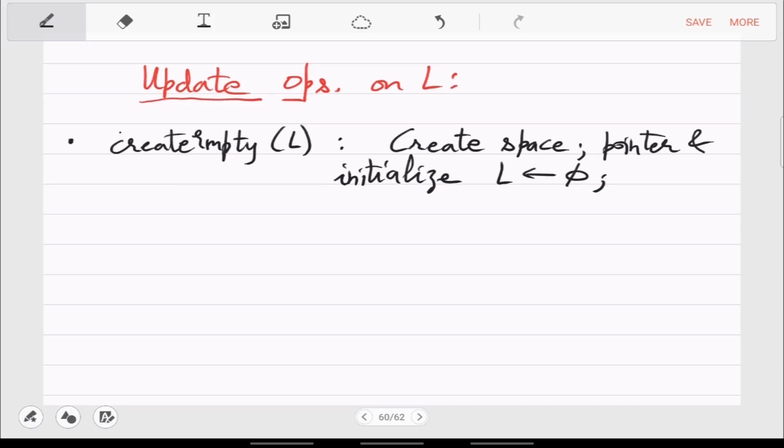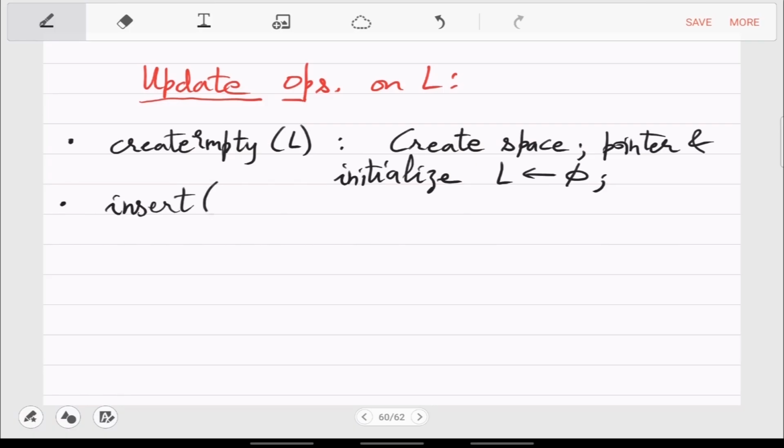So that is what create empty does. It points to a space which stores nothing.